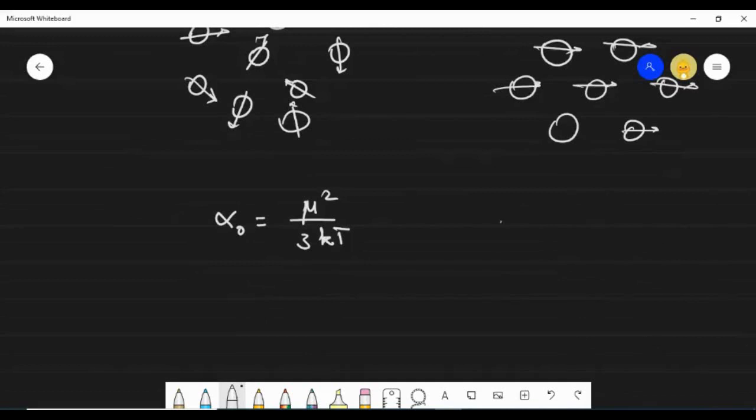Here, mu is the electric dipole moment. You have a charge plus q and minus q separated by a distance 2L,